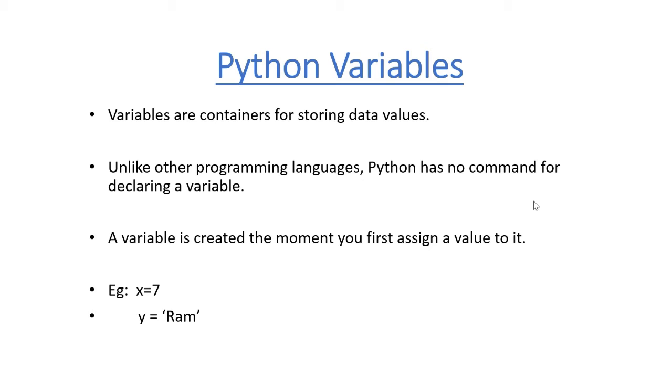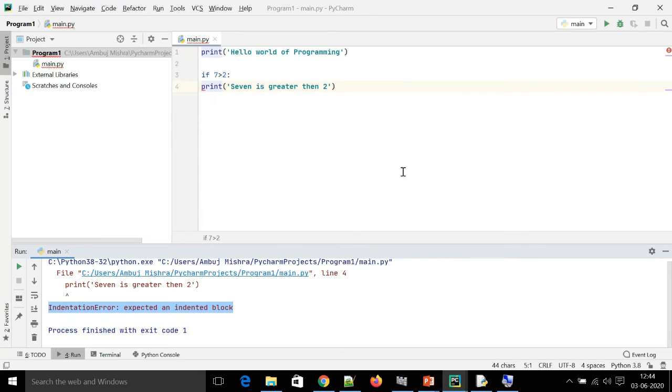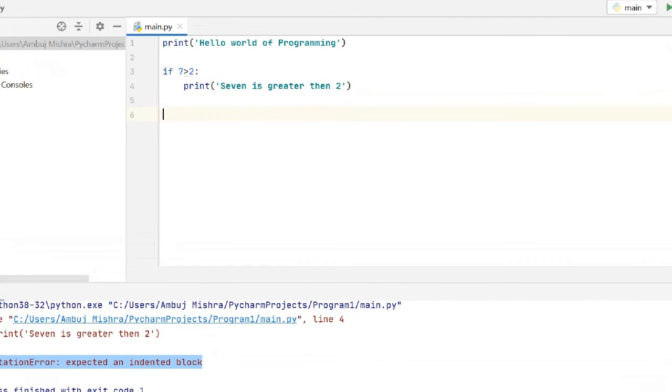Let's check it in our program. Here we come to our program. Let me remove this, solve this error quickly, provided this indentation. Okay, over here, variable.